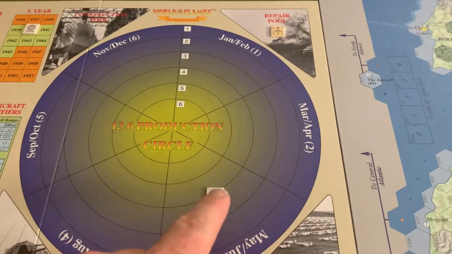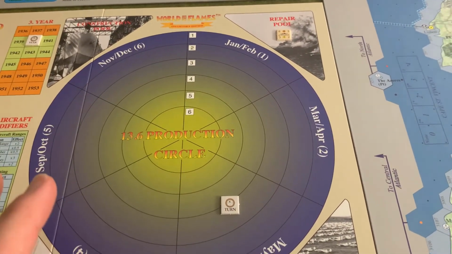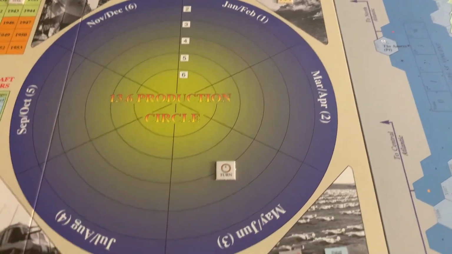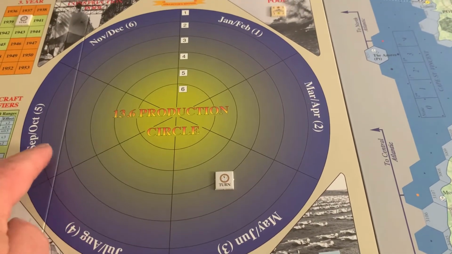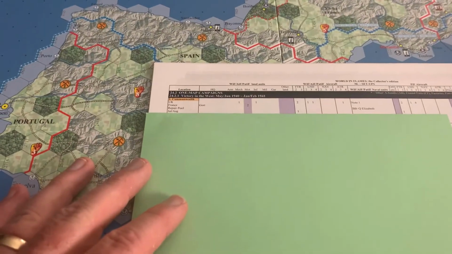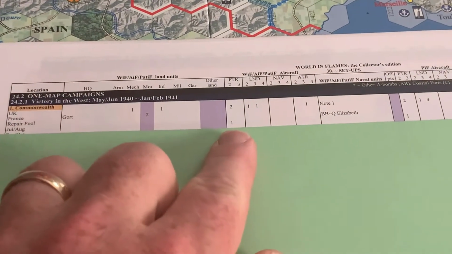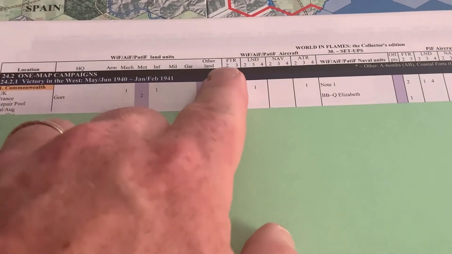And it will also take 2 turns for her to arrive. So should they decide to repair Queen Elizabeth at the end of the May-June turn, she would go face up here in the September-October 1940 turn. The next line down is July-August, and in July-August you can see the Commonwealth will be scheduled to receive 1